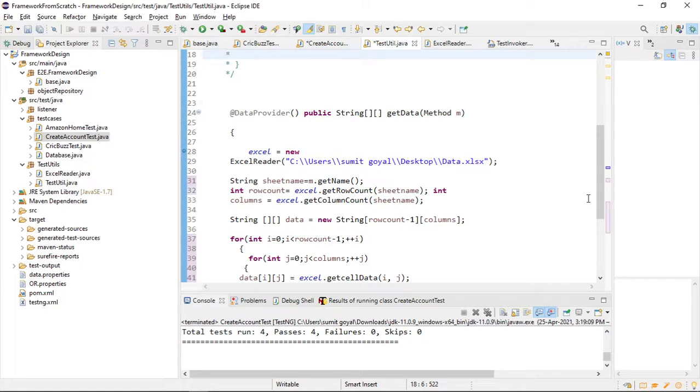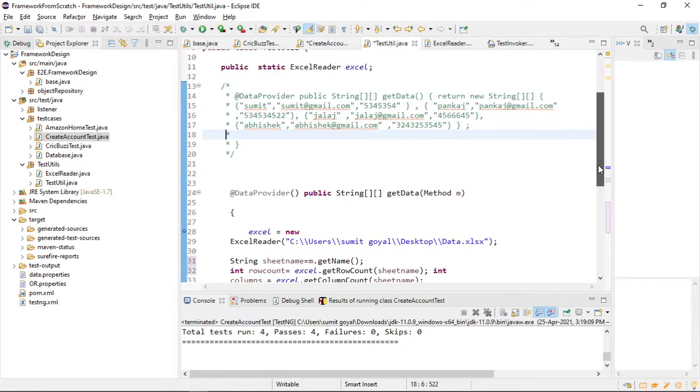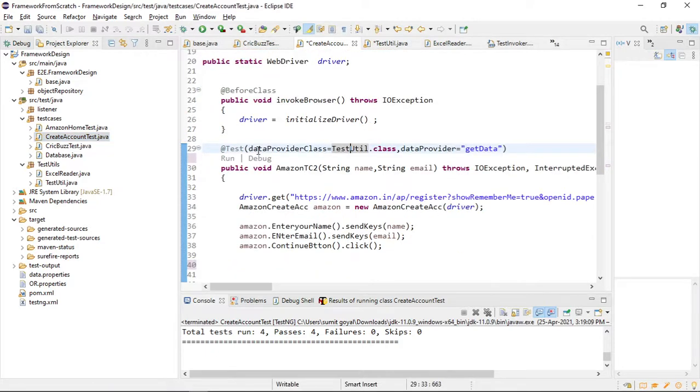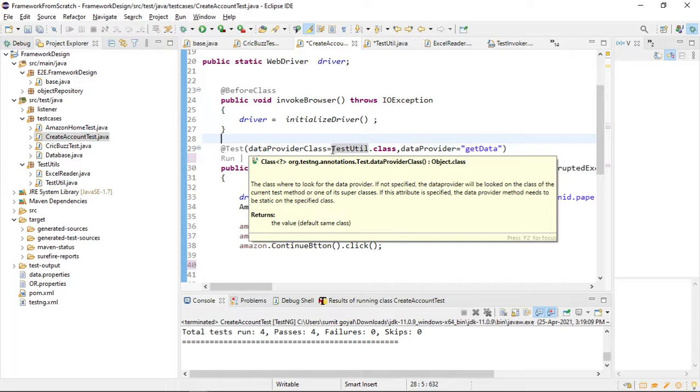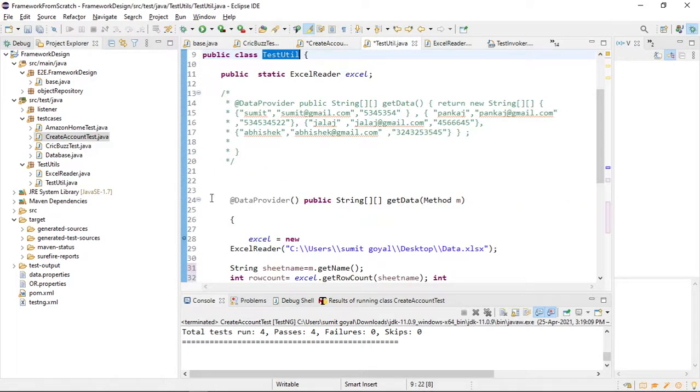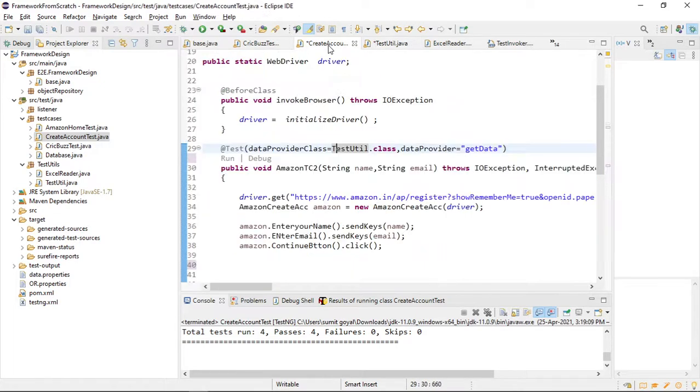The Excel data sheet code we have already seen, so that's why I have copy pasted. Let me first debug this. This time we are trying to get the data from Excel only for this particular test case. First I have defined where the data provider is present for this test case. It is present inside the TestUtil class, and the name is get data. The name I have also defined here: data provider name is get data.